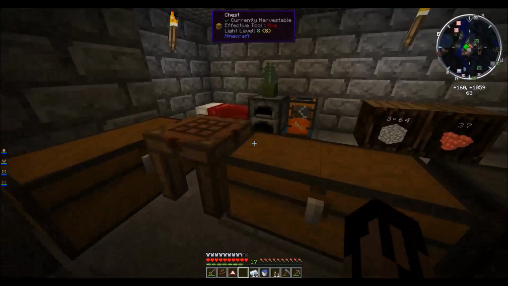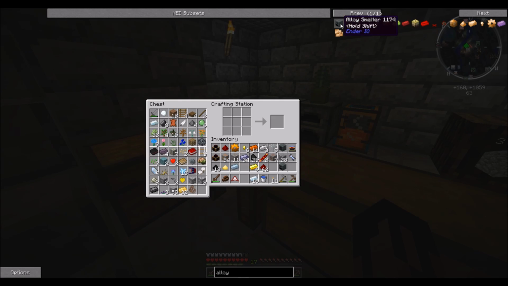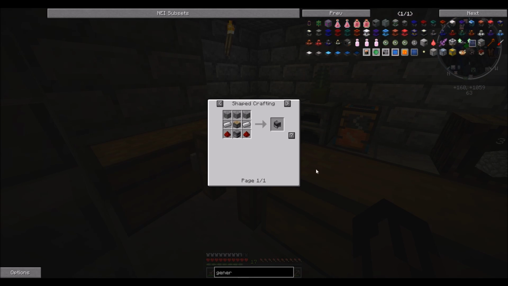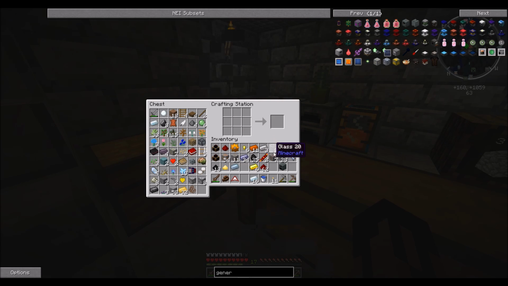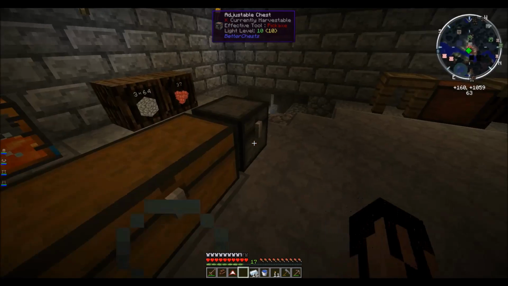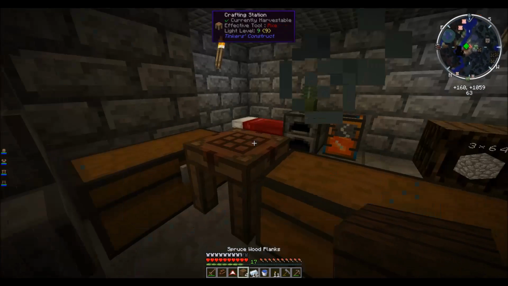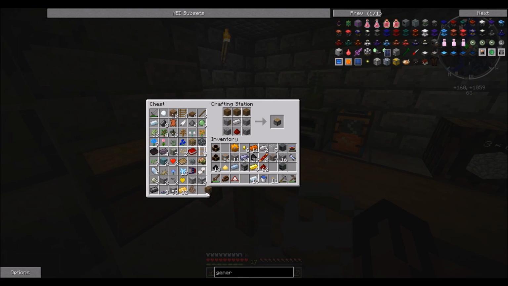So, what I'm thinking is an alloy smelter. And I finally want to get one of these survivalist generators. For that, we'll need a piston and another furnace, which requires some wood. Cool. So, piston,